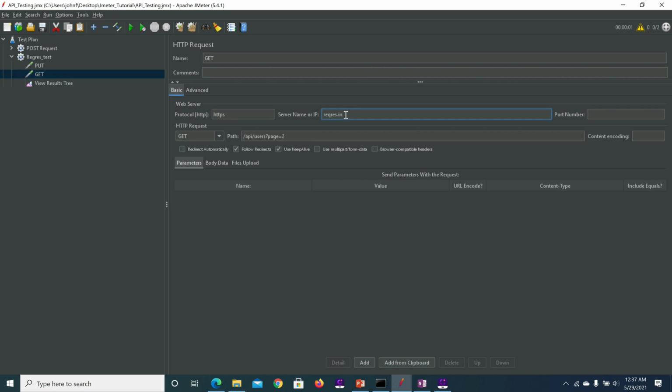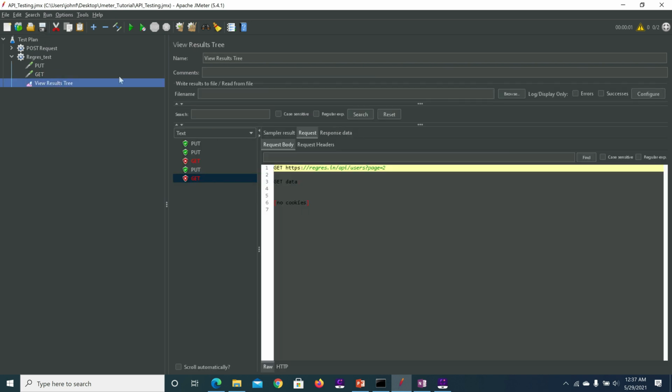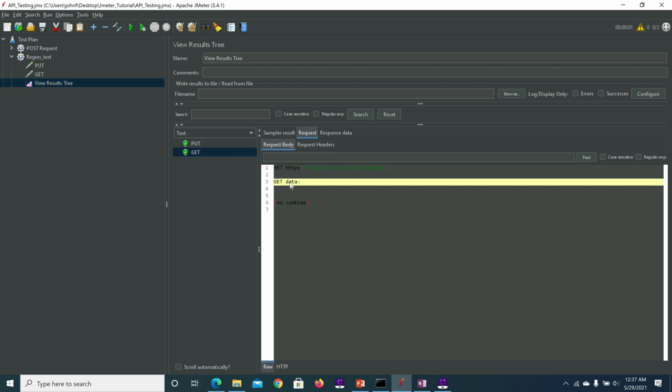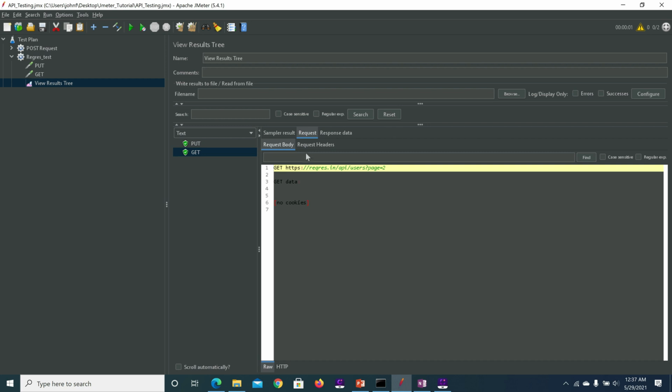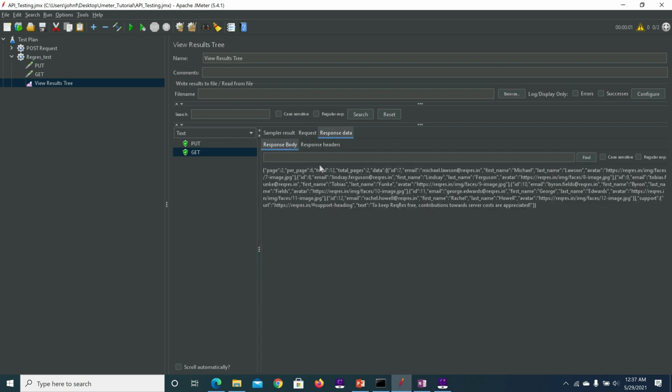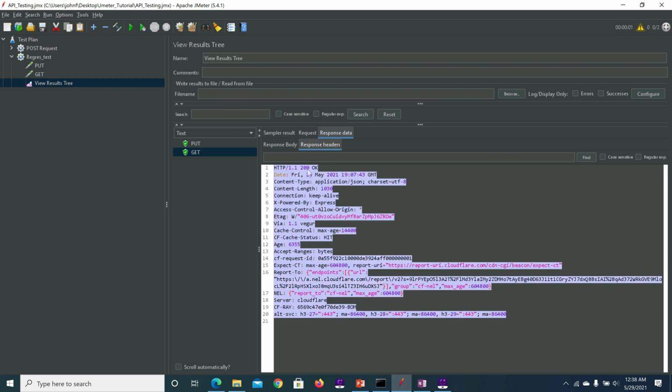Let me correct the server name. Yes, it is correct, and the API is also fine. Saving the test plan. Let me rerun the test. Before that, clearing the existing result. Yes, the problem was with the server name. Now that is cleared, the request is successful and we have received the response, and this is the content that was available in the requested API. In response header, we have got a 200 response.